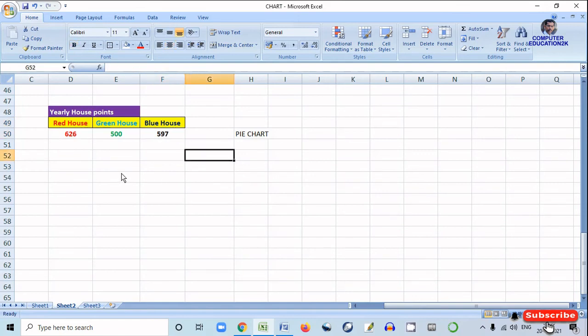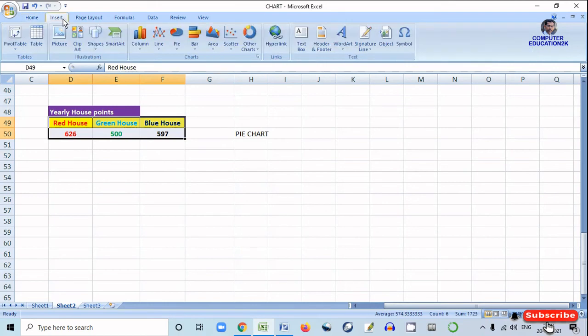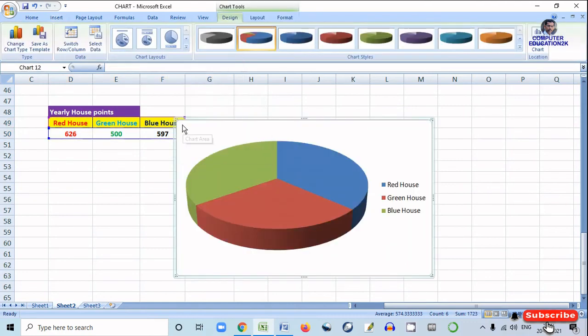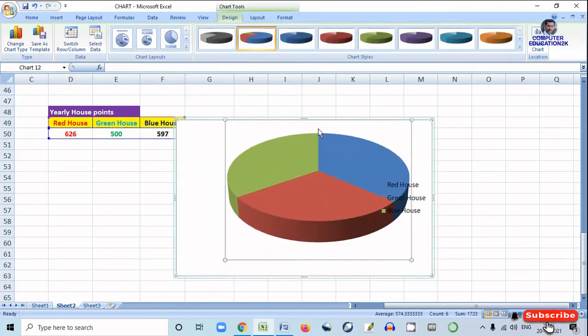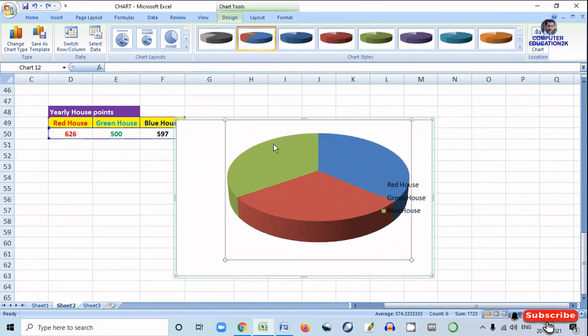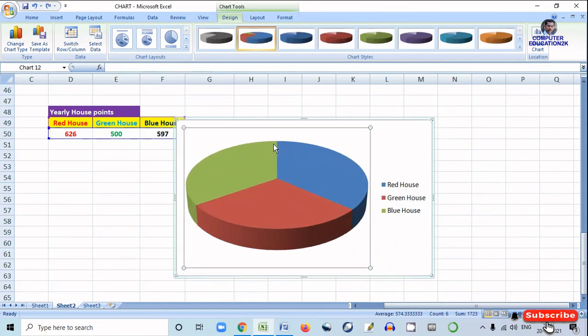Now suppose we need to compare these, then you can just select these values, this data, and you have to go to insert, and you can take pie chart. Okay, so we will take this one, 3D pie or 2D pie. We will take just this 3D pie chart. Now you can see the pie chart is generated over here.